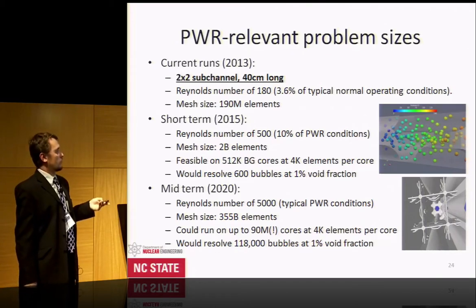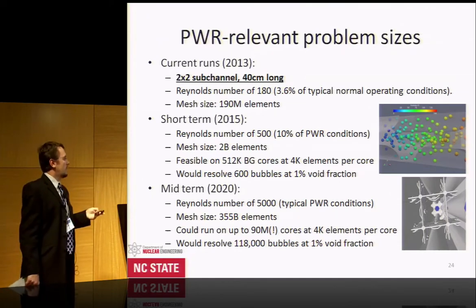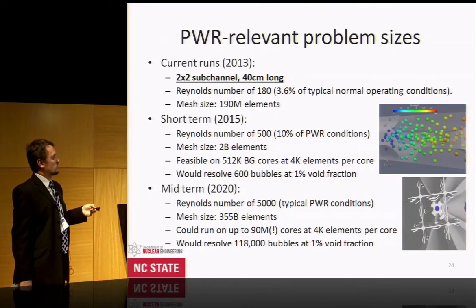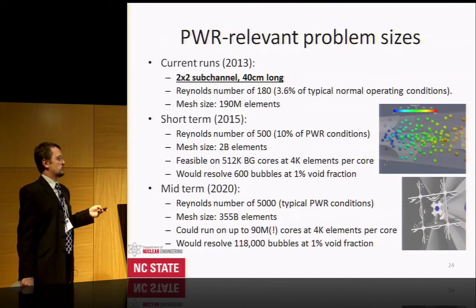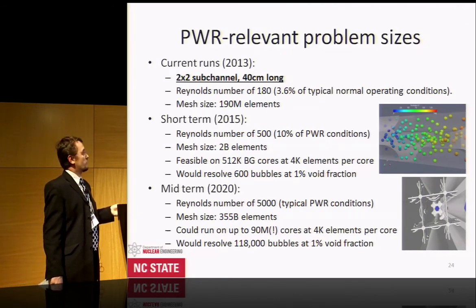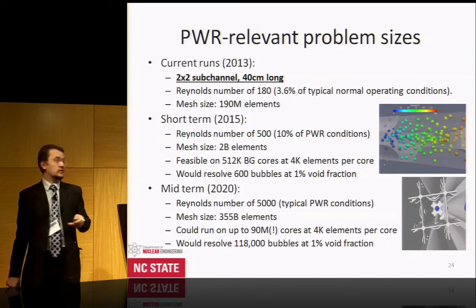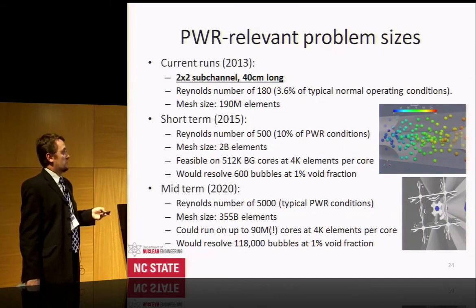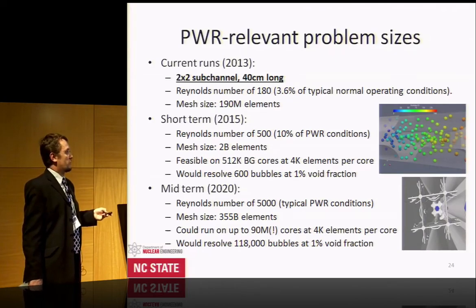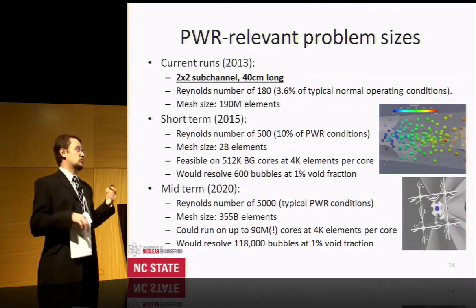So looking down the line, exascale comes along, and hopefully we can try to be bold and say we can do the realistic conditions, but still for the limited geometry. That's my estimate for the mesh size, 350 billion elements. So it gets interesting. If we still want to run 4 elements per core, maybe having 90 million cores. I'm not talking GPUs here, so I don't know